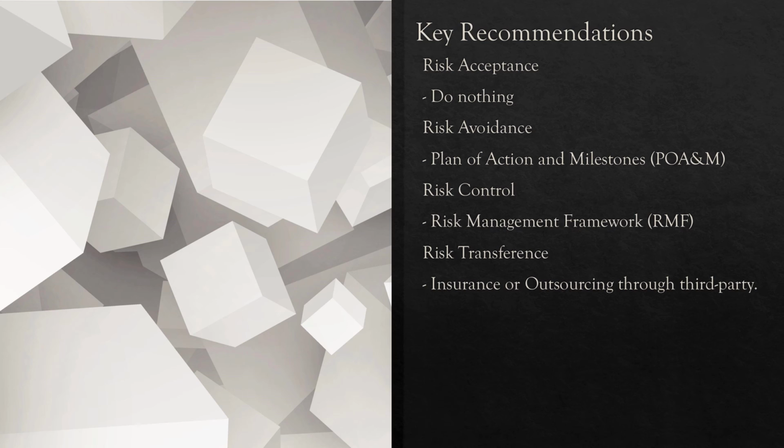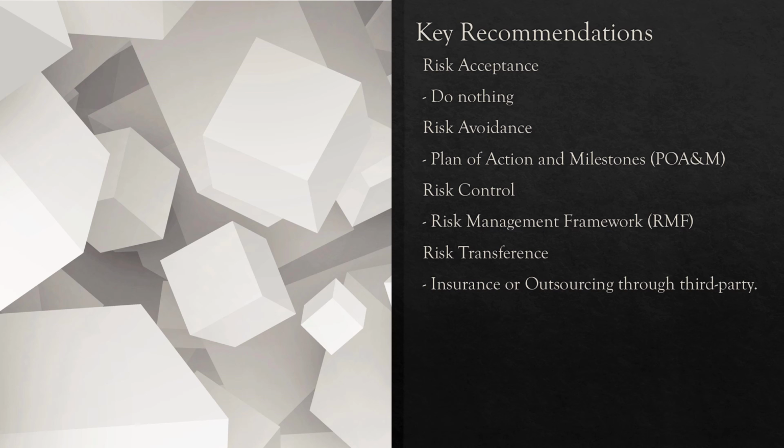The third is risk control strategy, which works by taking into account risks identified and accepted, and then taking actions to reduce or eliminate the impacts of the risk. The NIST Risk Management Framework provides a comprehensive 7-step process that is used to manage information security and privacy risks for organizations. It also supports implementation of risk management programs to meet the requirements of the Federal Information Security Modernization Act, also known as FISMA.